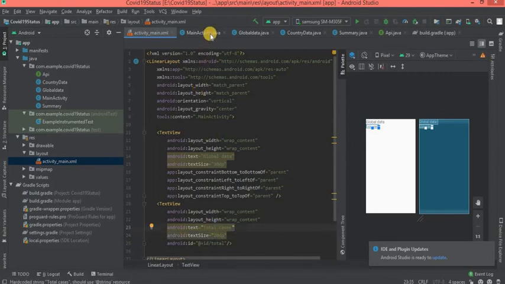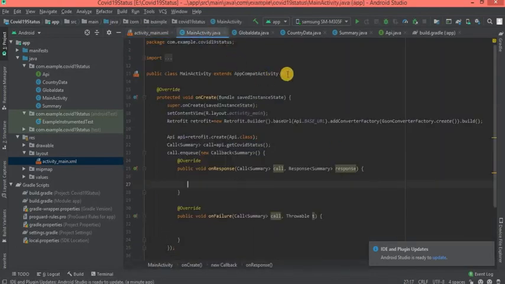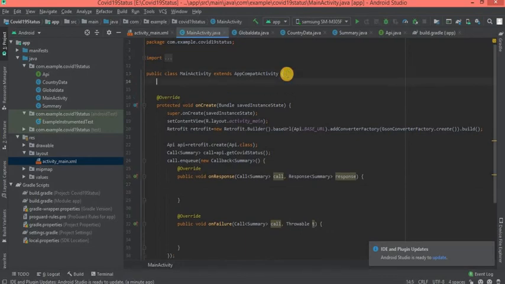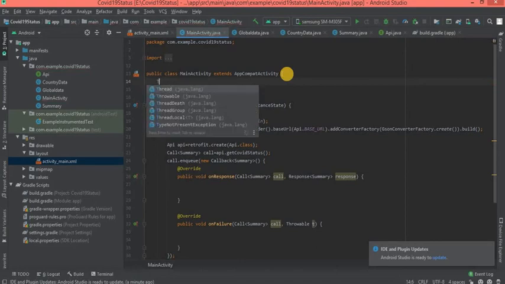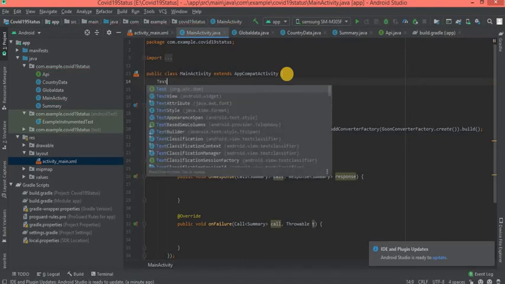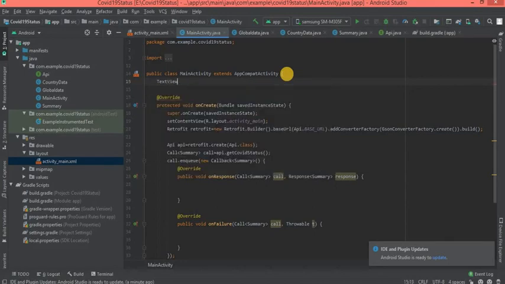Okay, now to display the value in the text view, I need to declare a text view here, TV.